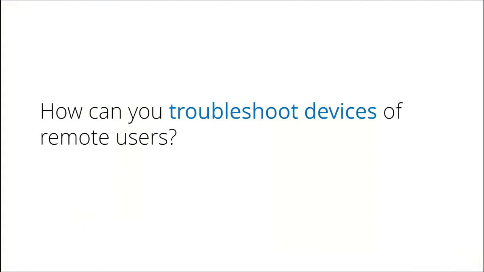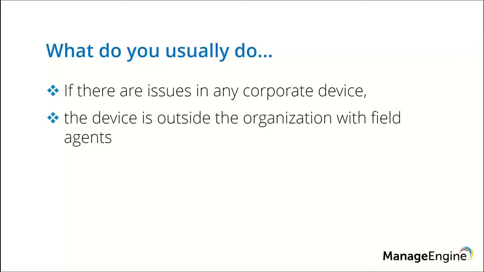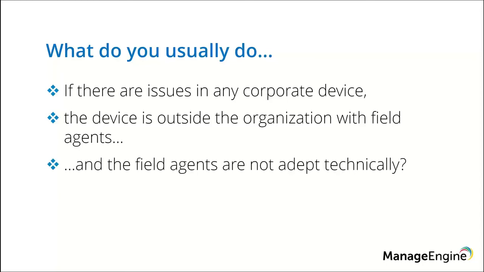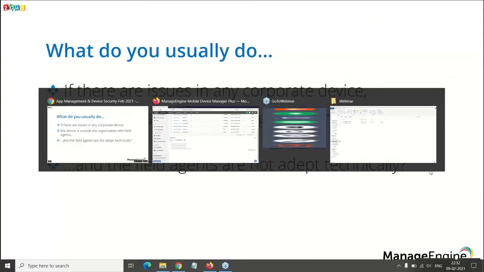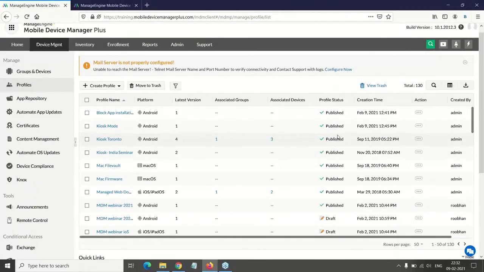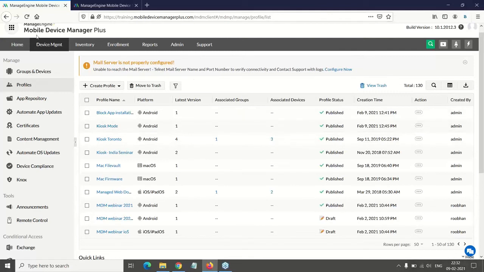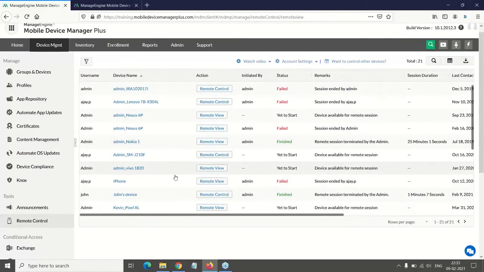So with the help of MDM, we'll see how to troubleshoot the devices when they have some issues and when the devices are outside the organization and the users are not technically viable. We do have an option called remote troubleshoot on MDM, with which you can tackle this situation. So here under device management, you can move to the remote control option, where all your devices will get listed.